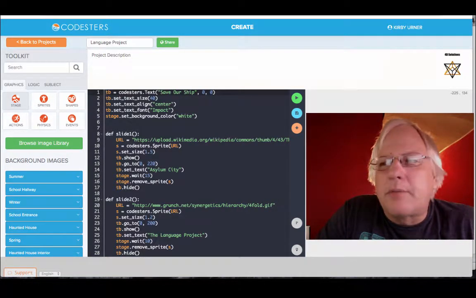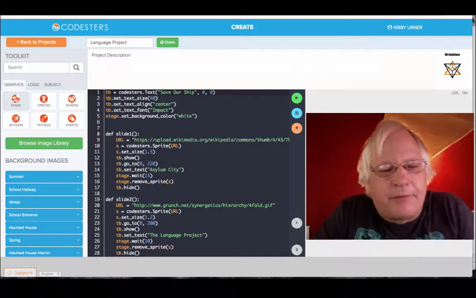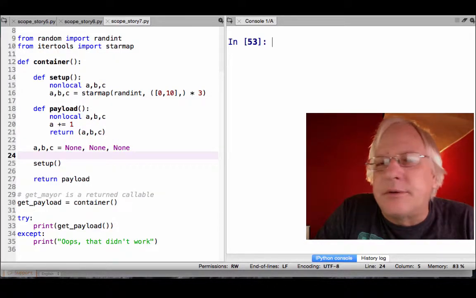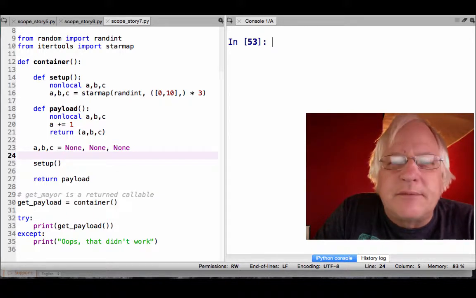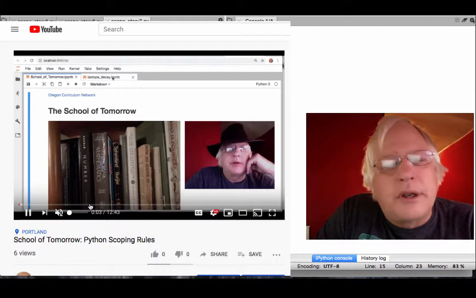What we're going to talk about in this video is kind of a zoomed out view of how to fit some puzzle pieces together, but for continuity, I do have some Spyder and some Codesters. If you've been watching recent videos, I just went through a whole series where we were looking at how to use the nonlocal and global keywords in the Python language.